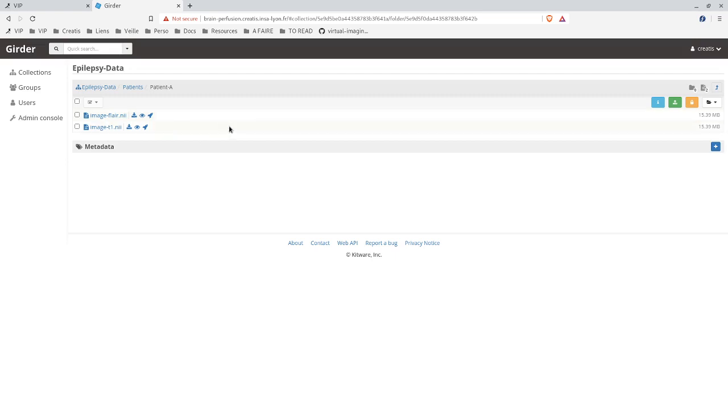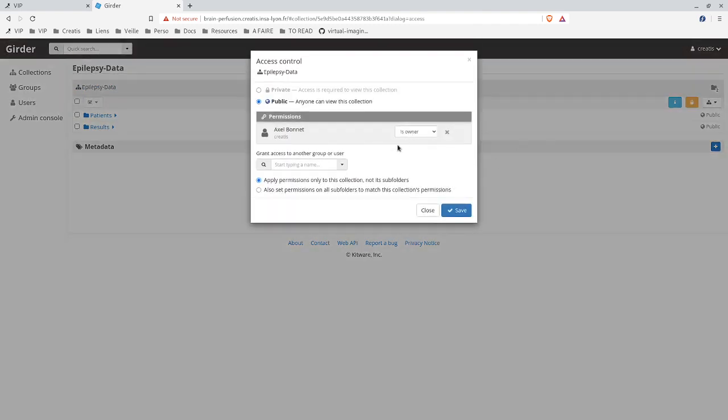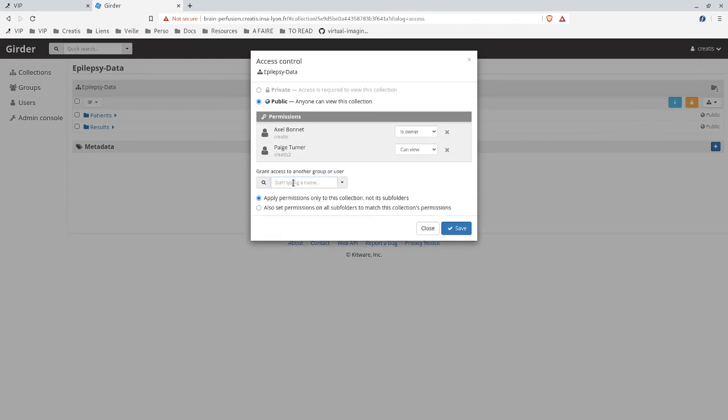An important point, it is easy to manage the access control of each element in Girder. For instance, if I come back to the root of these collections, I can go in the access control settings, where I can specify read and write permissions for users and groups.